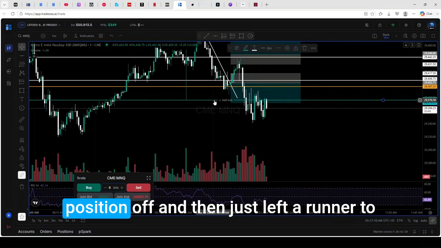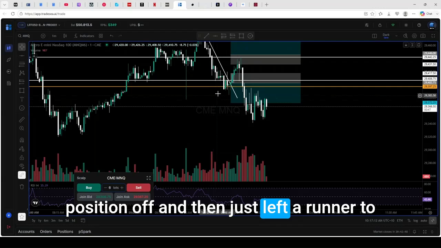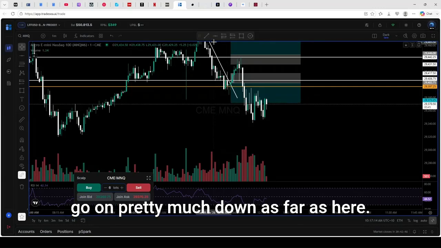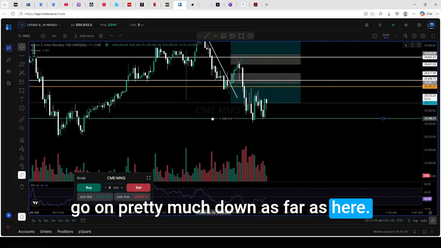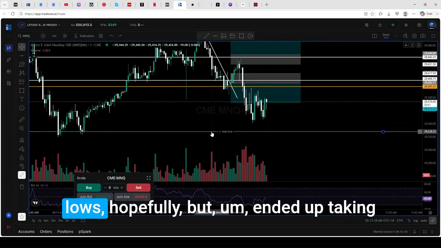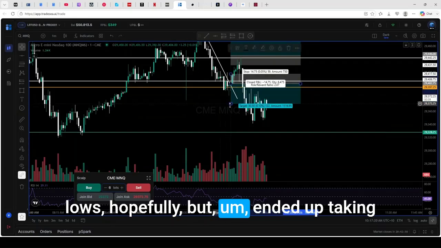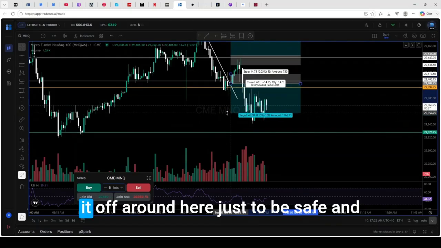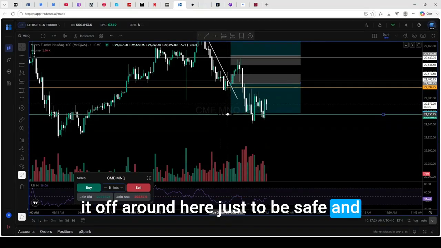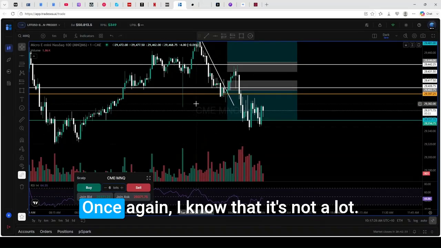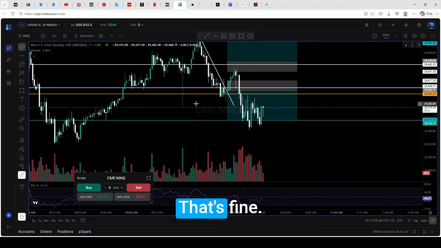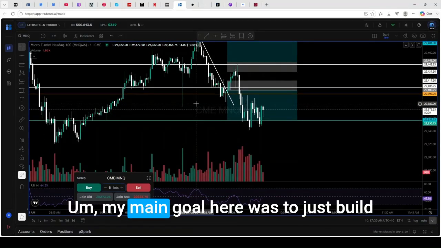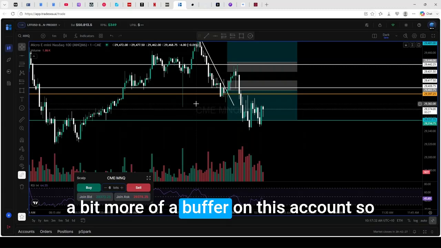I've taken 90% of my position off, and then just left a runner to go down pretty much as far as here. I was actually aiming towards these lows, hopefully, but ended up taking it off around here just to be safe, and then locked in another $70 on the trade. Once again, I know that is not a lot. That's fine. My main goal here was to just build a bit more of a buffer on this account,